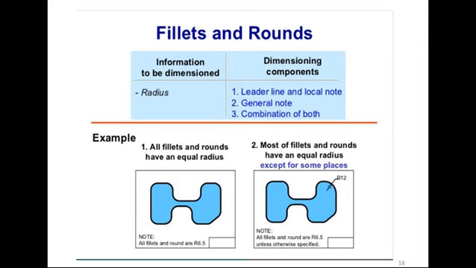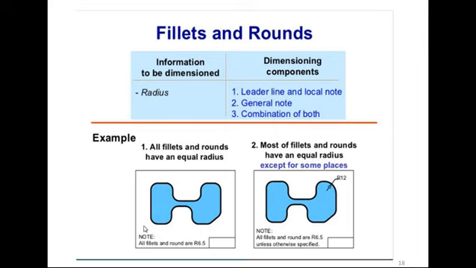Dimensioning is very important in industry, because in industry we follow standard rules. So when there is a fillet or rounds, we require to follow this process. In companies, as I also discussed in our previous lecture, standard practice is this: when there are rounds or radiuses in a drawing, most of the time engineers keep all the radiuses equal in dimension.